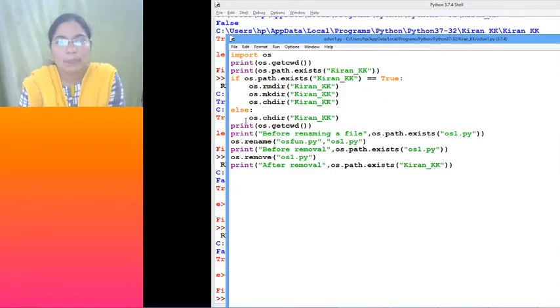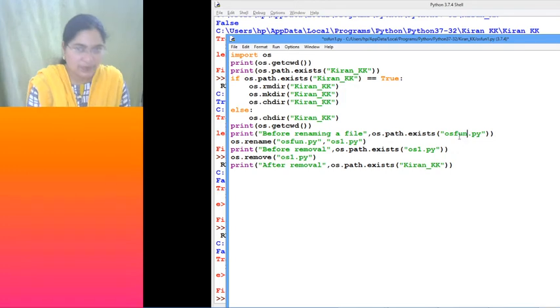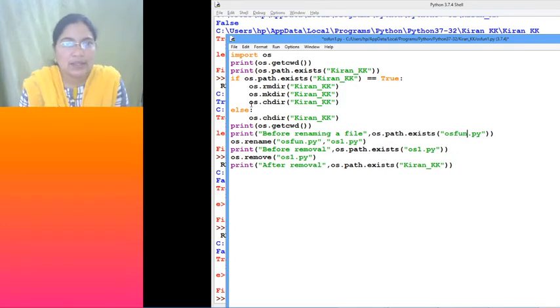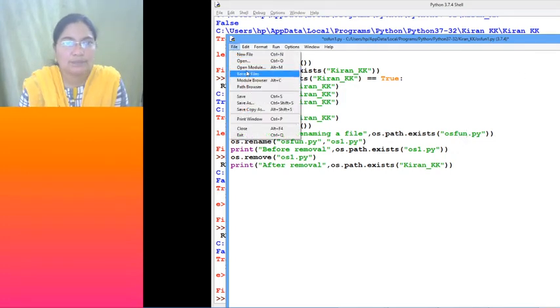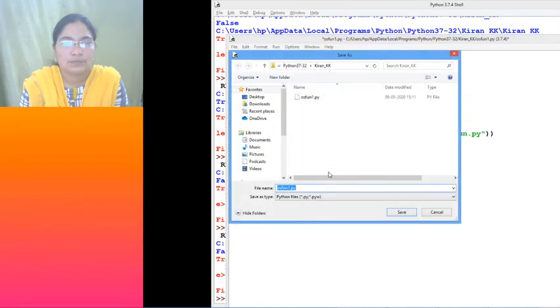So what is the file we are searching for? os1.py. Okay, so osfun.py. So let us save it as osfun.py. You can see now, it doesn't exist.